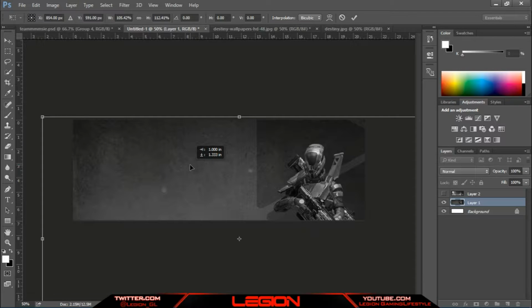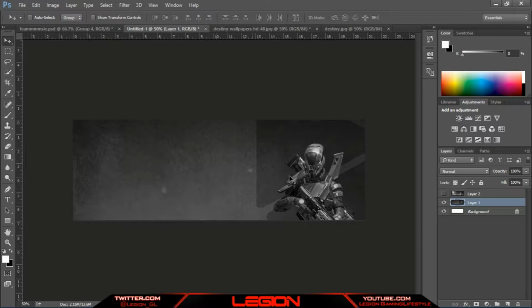And I think right about there would probably be good. You get most of the picture of the person. So, if you hit enter, that stops your transform, and it looks like we're good. So we want to go to the bottom right, hit a new layer, and let's go to your pen tool,